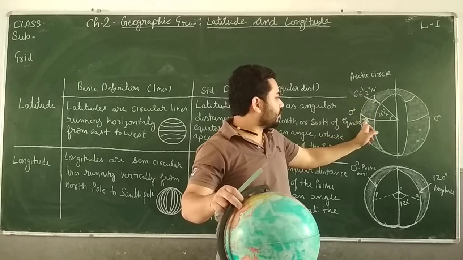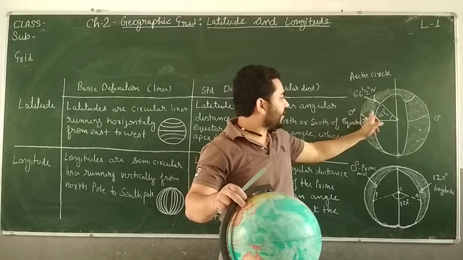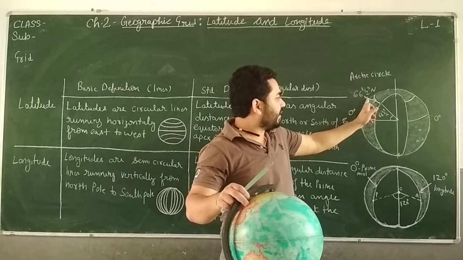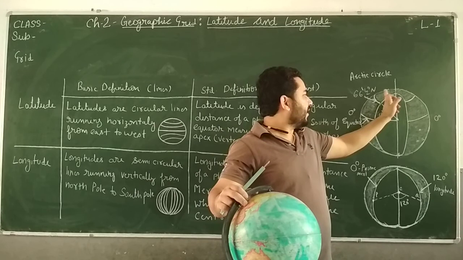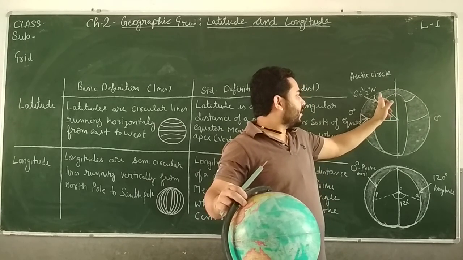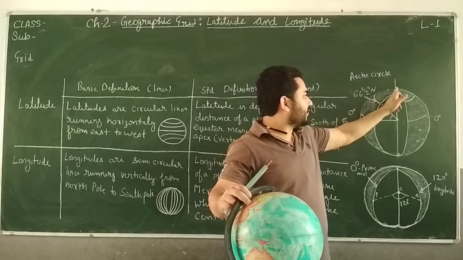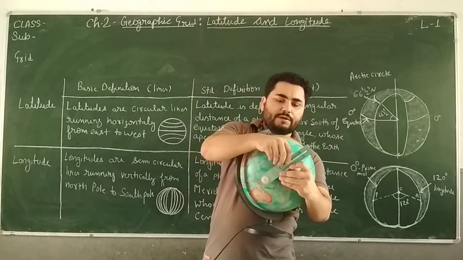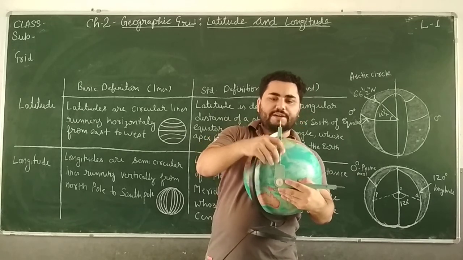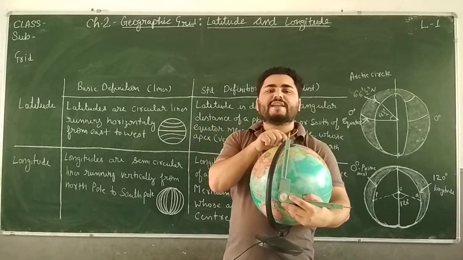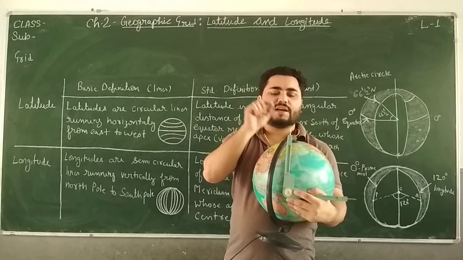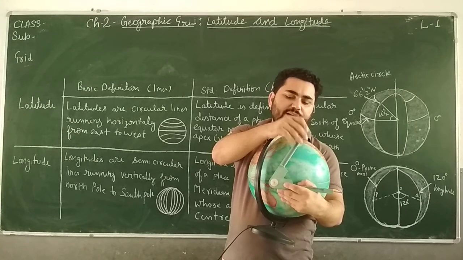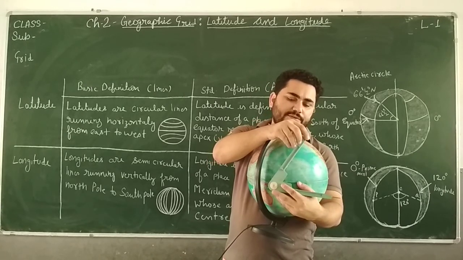So all these lines: 0 degree, then 1 degree, 2, 3, 4, 5, 6, 7, 10, 20, 45 degree, and this 66 degree, right? Then 70 degree, 80 degree, and then 90 degree. The 90 degree is the topmost, here. So the 90 degree line will be just a single point upside, getting or not? Because if it is, suppose, 80 degree, the 80 degree line will be like this.